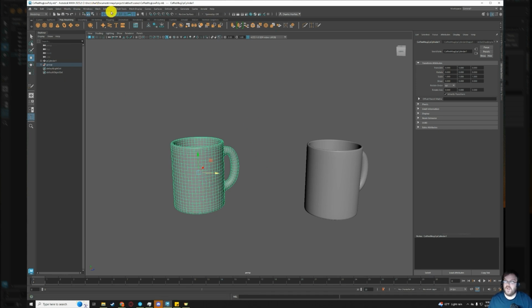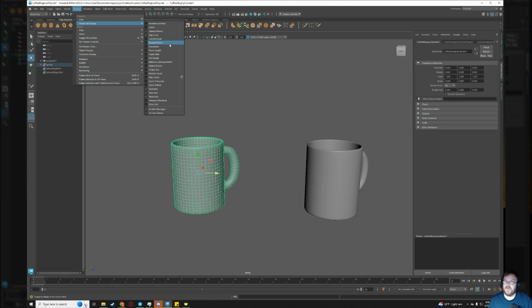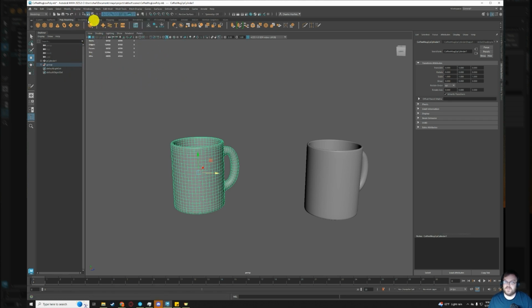If you go up to your display option here, go to heads up display, and then click on poly count, you'll get this box at the top with a bunch of different numbers. This will show you the number of vertices, edges, faces, tris, and UVs for your objects. The total in your scene is the left column, and the center column is the total in your selected object. So right now, if we look at that second column, you can see that the coffee cup that I made last week has